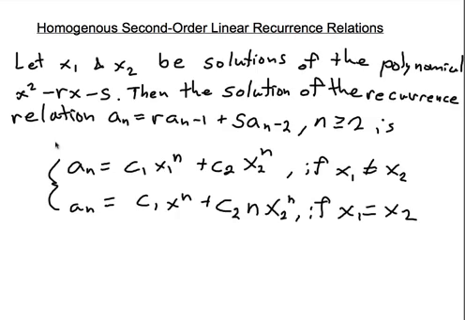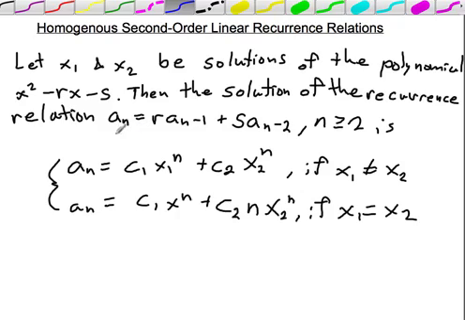Hello, this is Mr. Collier, and today we're going to be solving some homogeneous second-order linear recurrence relations. That's a bit of a mouthful, but basically if we've got a recurrence relation of this form,